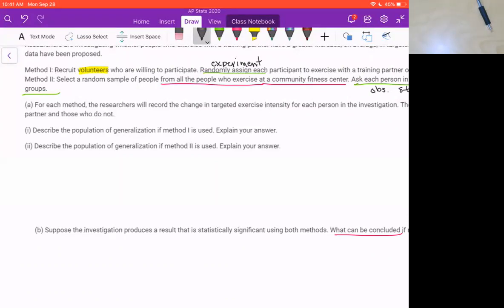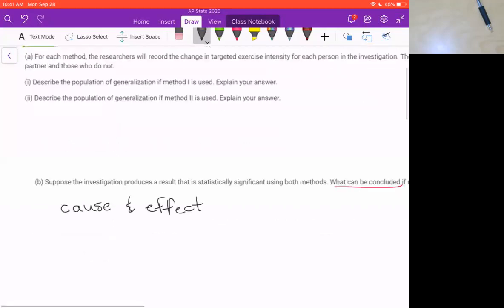Experiments. Very important that you know this. An experiment can give you cause and effect. So method number 1, you can conclude cause and effect. Specifically, you can conclude that training and exercising with a partner does lead to more intense exercise. It's an experiment. So you can conclude that training, because that was our explanatory variable, was training with a partner versus alone. We can conclude that training with a partner